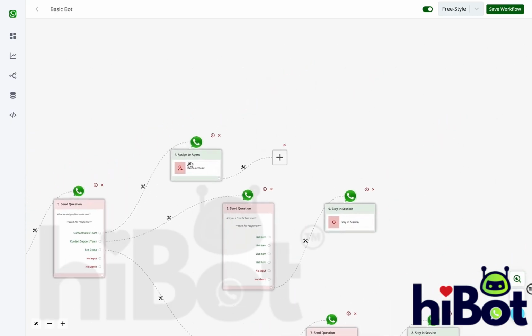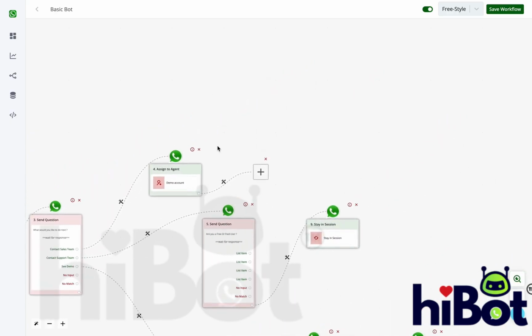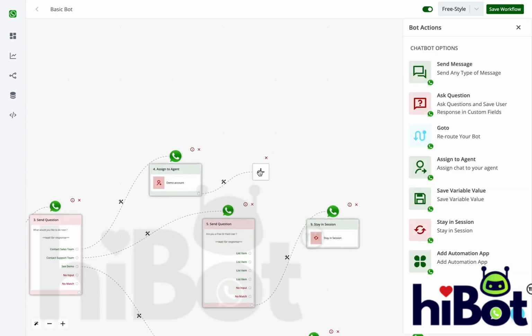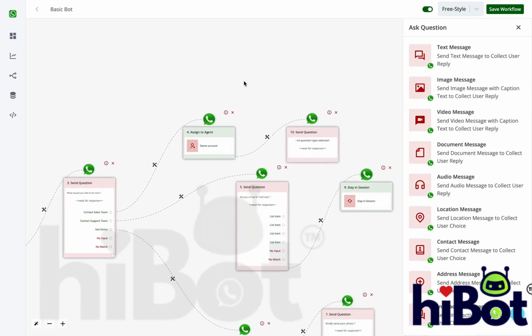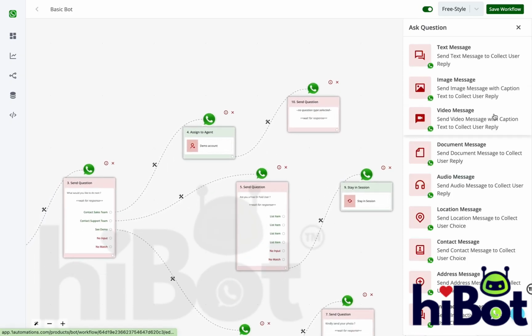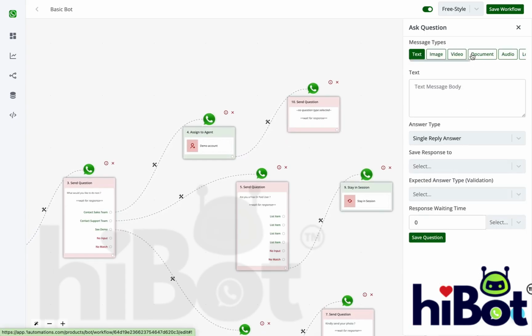The same goes for the assign to an agent node. Now here the chat is already assigned to an agent, but you also want to ask more questions even after assigning the chat to an agent. So even that is possible. So you can ask more questions like,